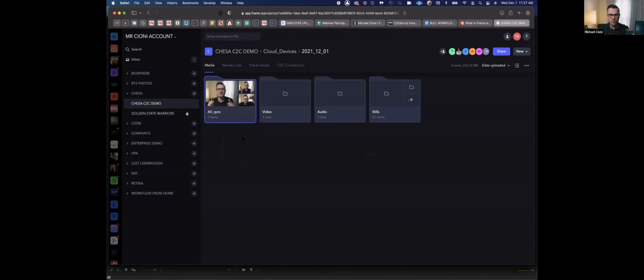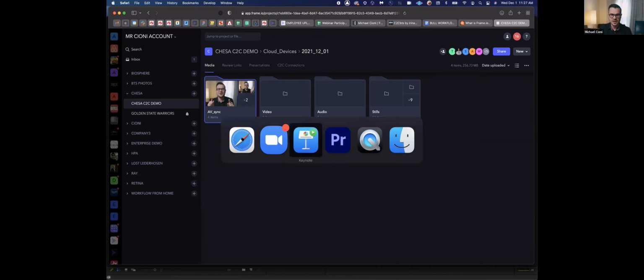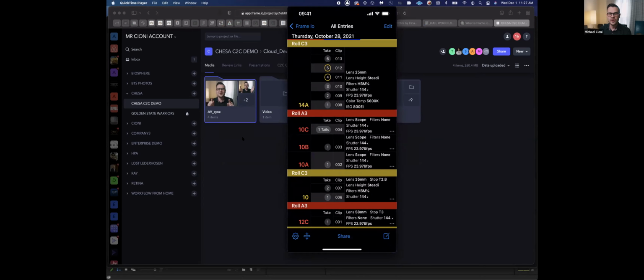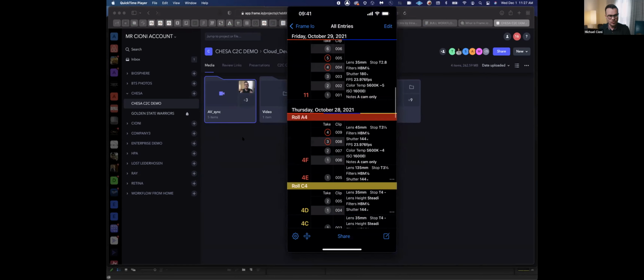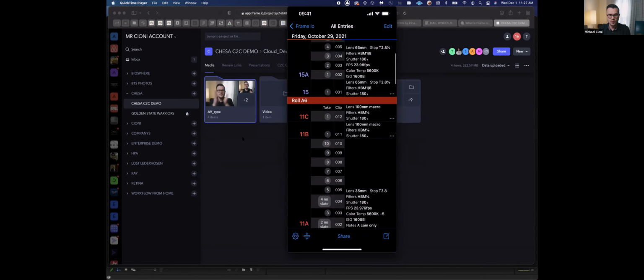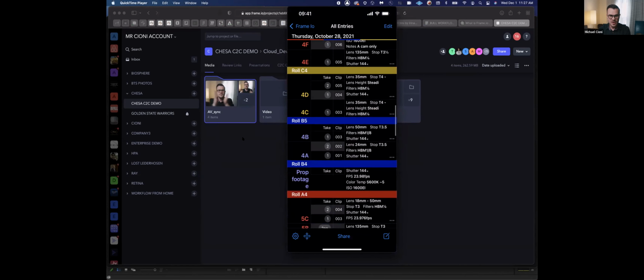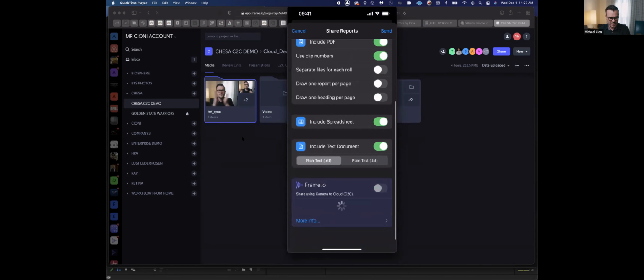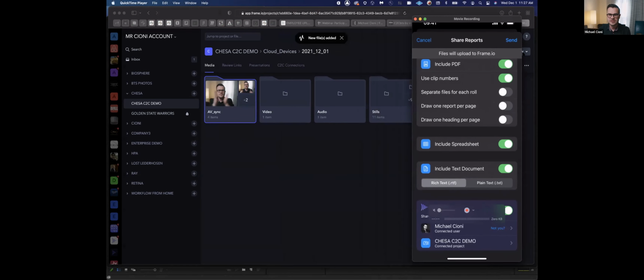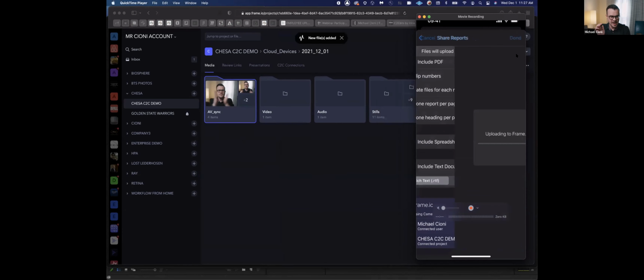I want to show you one more element of categorical power here. This is my iPhone, and I'm going to open up the product ZoeLog. ZoeLog is a really cool camera reporting app. This is where you can go through and log all the cameras. This is a real camera report on a project that I recently shot. If I go to share at the bottom, I can see there's a Frame.io connection, and it's connected to the CHESA C2C demo. So if I move my phone over to the side and I hit send,